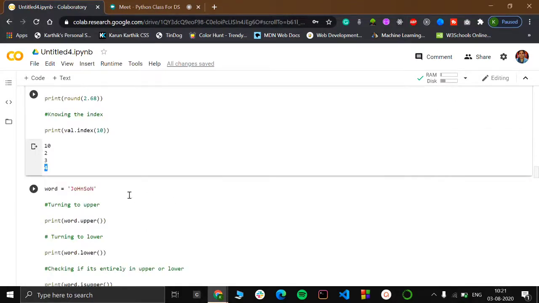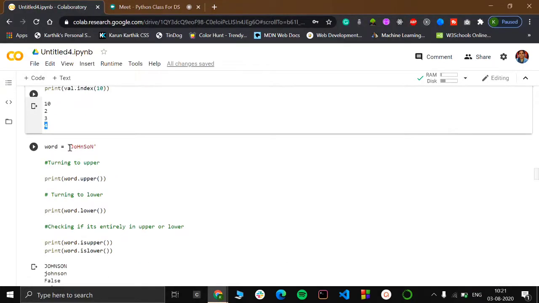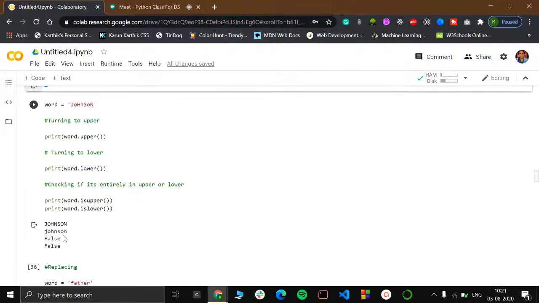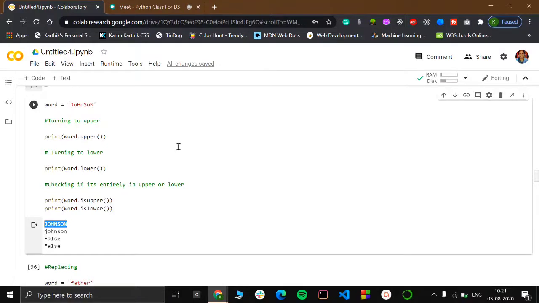And for character operations, let's give the word Johnson and assign it to a variable word. We have given both uppercase and lowercase letters, so if I want to turn this entire thing into uppercase, I'd write word dot upper. It yielded all uppercase letters. And if I want to turn it all into lowercase, here we go, the entire word is converted into lowercase.